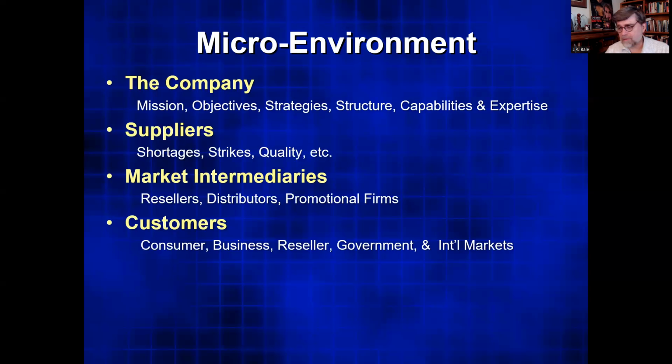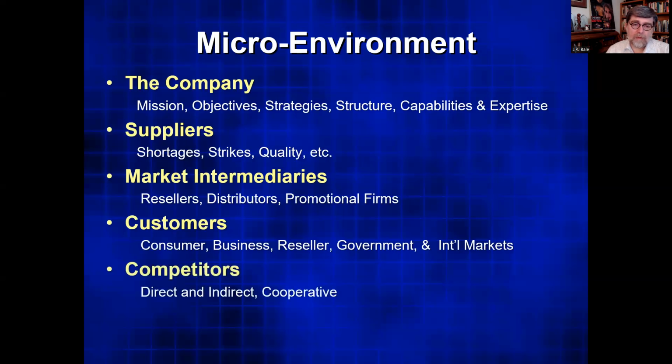So there are all sorts of customers, and are those customers likely to buy your product? Are there certain reasons they might not? We'll have to deal with that, and of course, we try to influence those customers. Competitors: we have direct competitors like Coke and Pepsi. They are direct competitors. Other competitors are indirect, where they don't necessarily look alike, but they certainly can come into the customer's consideration set when they're considering buying a product.